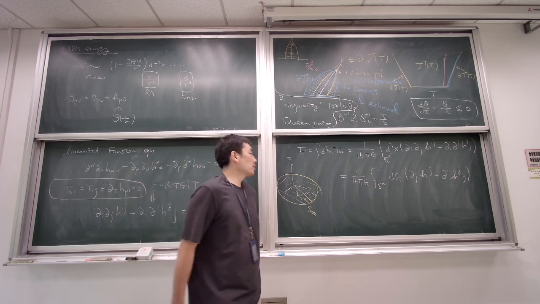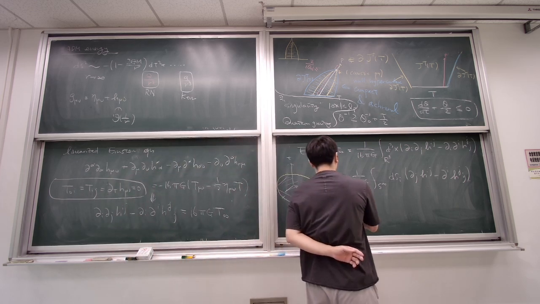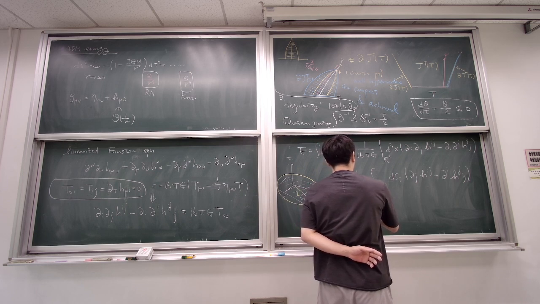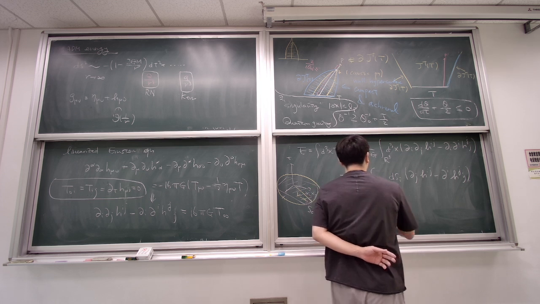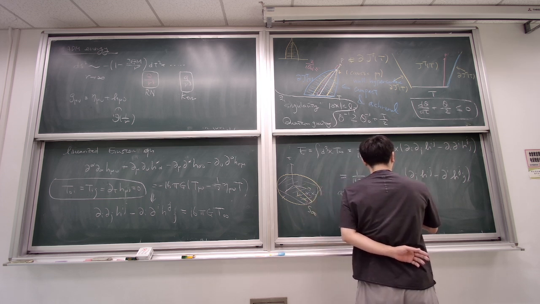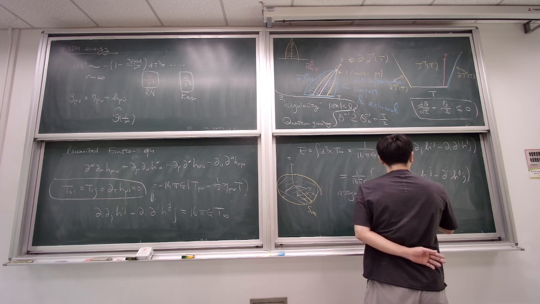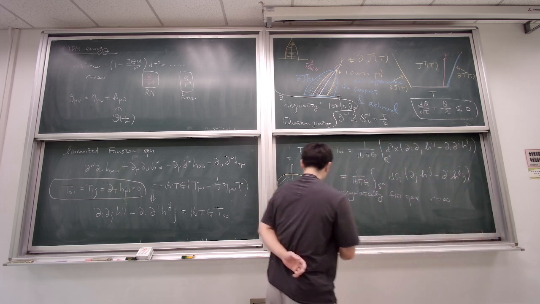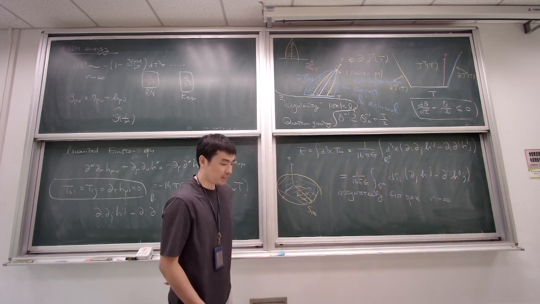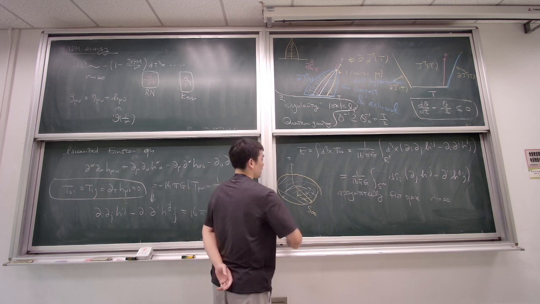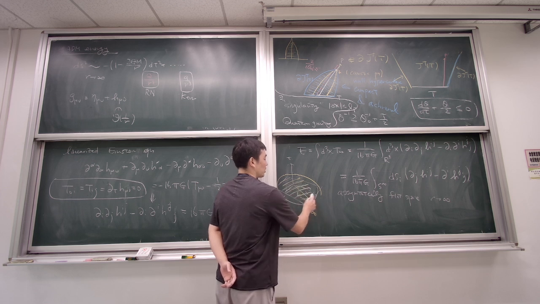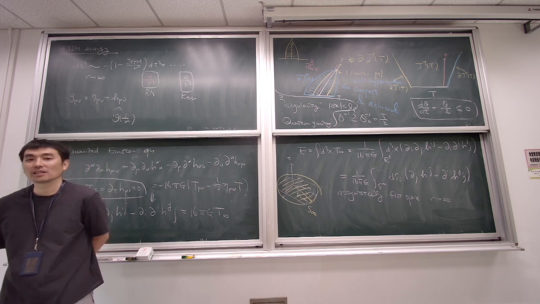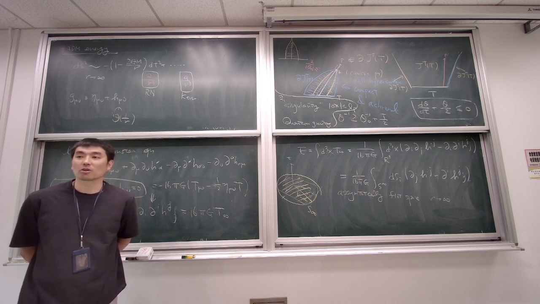So here we assume asymptotic flat space, and we just consider r goes to infinity. And then this energy is the energy filled out inside. So the total energy inside this space